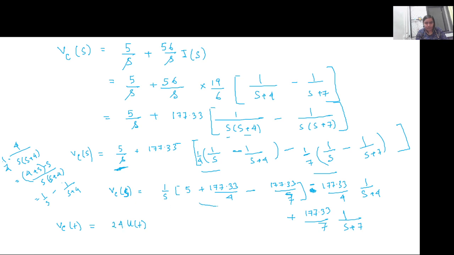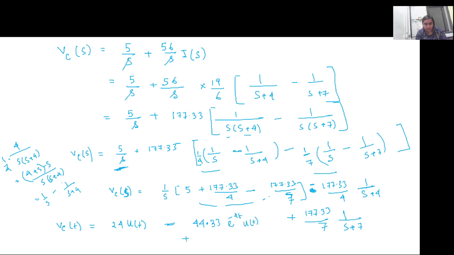Then minus 177.33 divided by 4, which comes out to be 44.33. Now 1 by s plus 4 is e to the power minus 4t u of t,